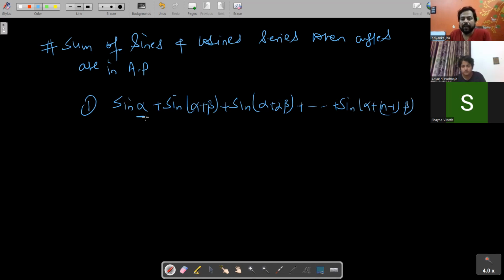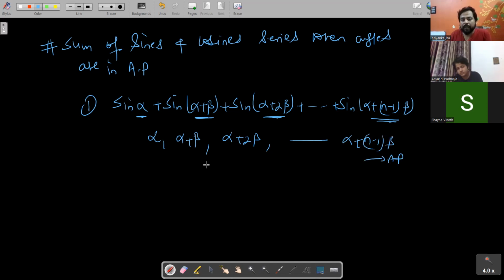You can see these angles are in AP: alpha plus beta, alpha plus 2 beta, and like that. What is the first term of this AP? It is alpha. And what is the common difference of this AP? That is beta. So the formula is